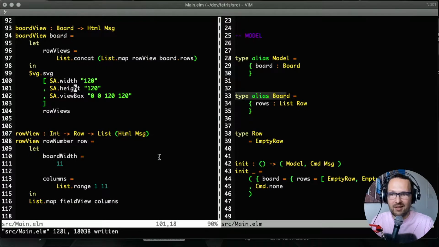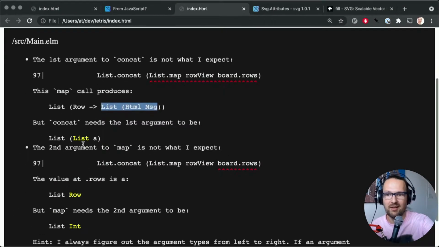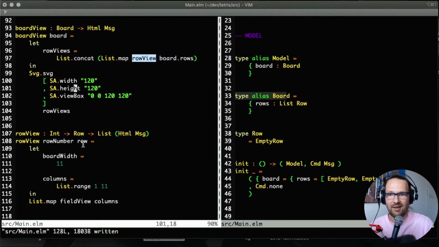So why is that? Because we're passing row view into map. And row view receives 2 parameters. But mapping basically takes the elements of this array and passes each of the elements into this function, and we are only filling the first parameter. So by mapping a function that takes 2 parameters and only filling 1, we are producing an array that still needs 1 parameter. And that's exactly what the Elm compiler is telling us here. And that's correct, because it's not enough to just pass in the row. We also need to pass in the